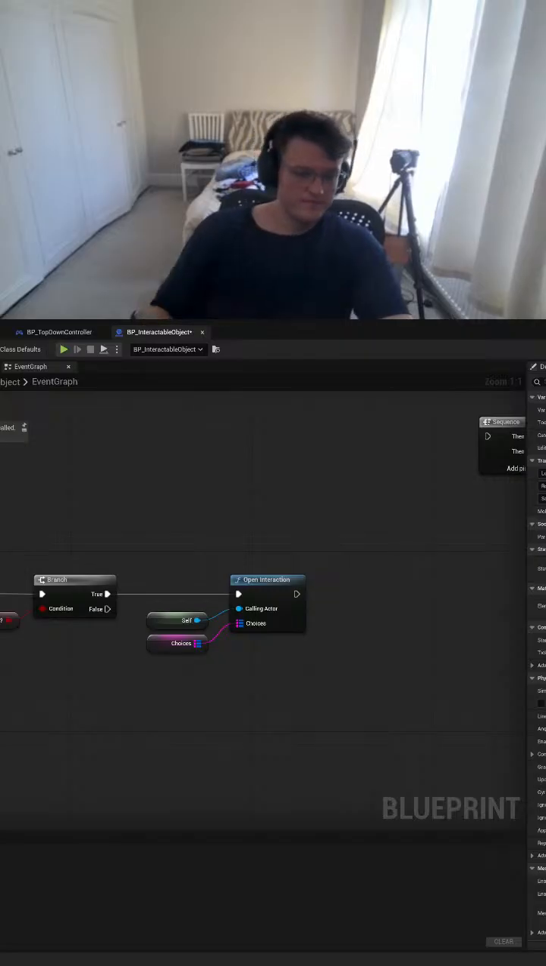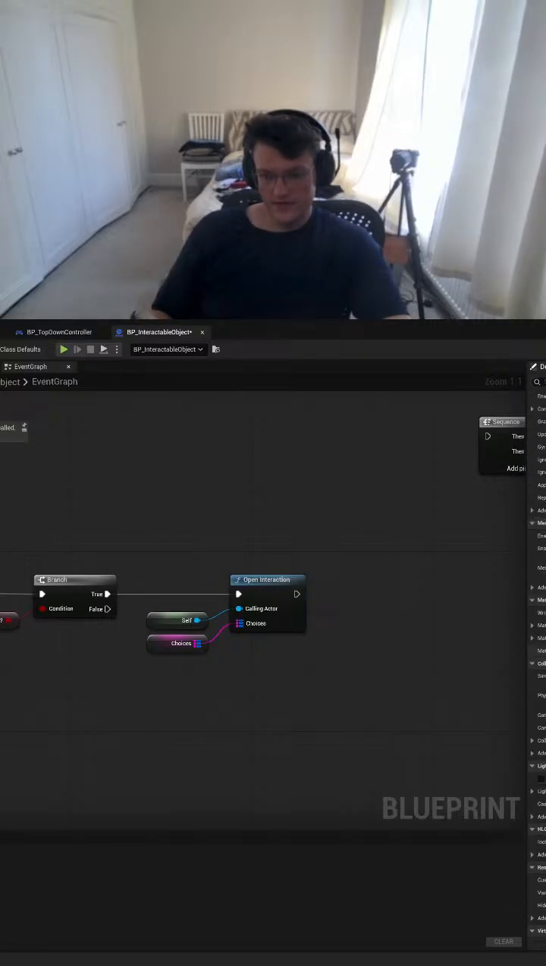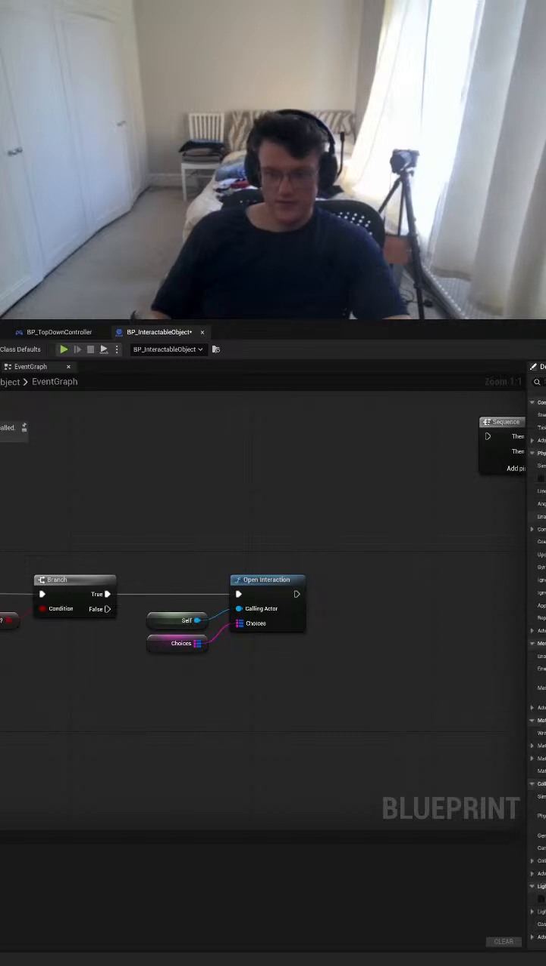And we'll name this interact overlap. And we'll make it overlap all. The moment, yeah. And we will say it's a sphere, and we'll say it's